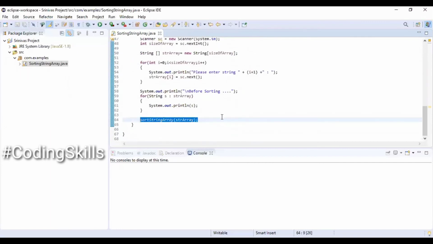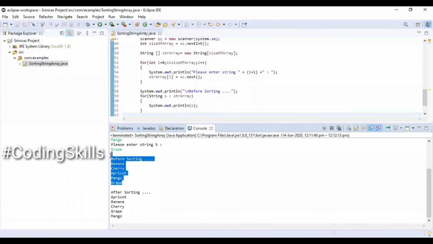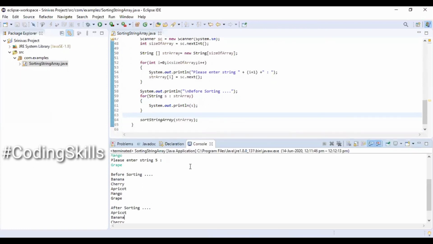Executing the program now. Entering size of the array and also entering different set of values. As can be seen, it's sorted. We can see the result before and after sorting.